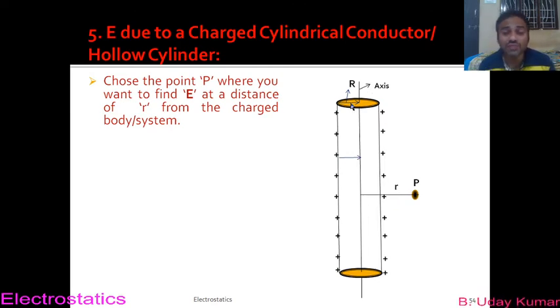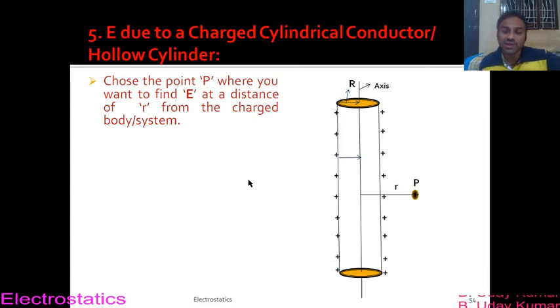And remember, there is one more r here, which is taken as capital R, which is nothing but the radius of the cylinder. Okay, and the next one, I have chosen point P. Now what we have to do, we have to construct a Gaussian surface which is symmetrical in such a way that it has to pass through point P. Anyway, what is going to be a symmetrical Gaussian surface here?